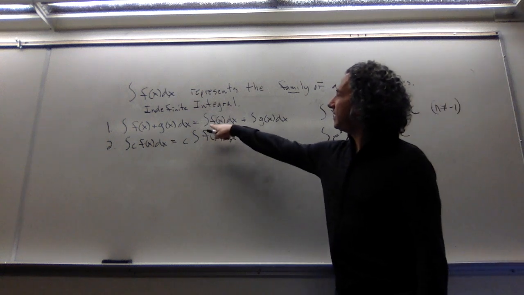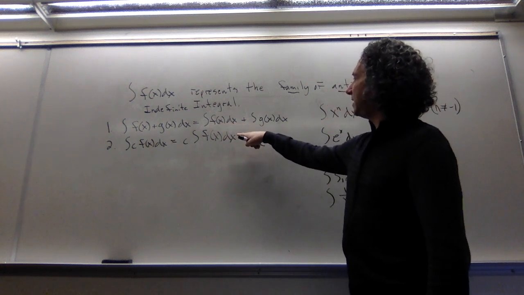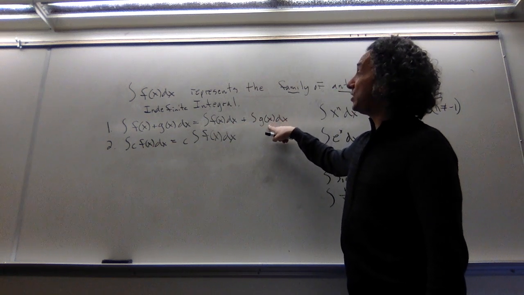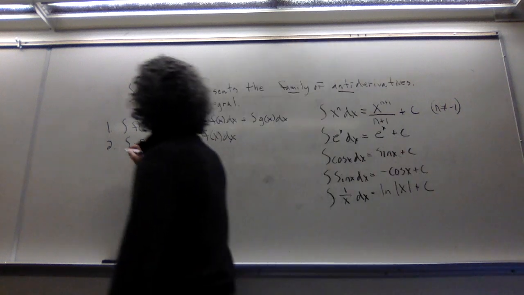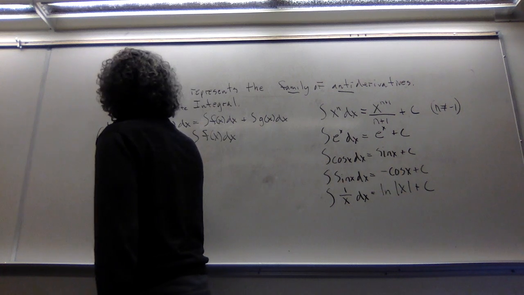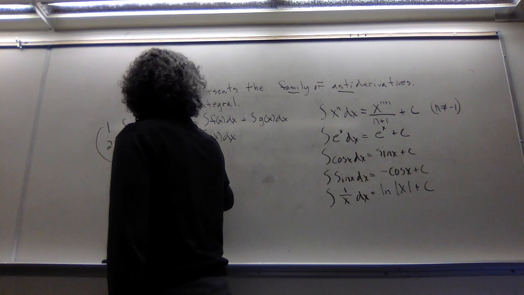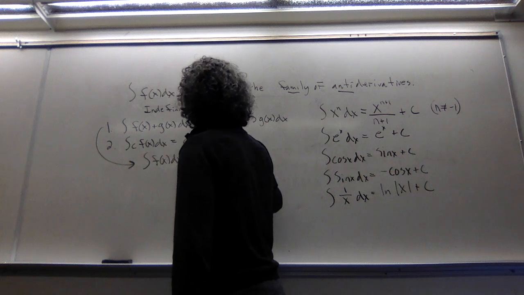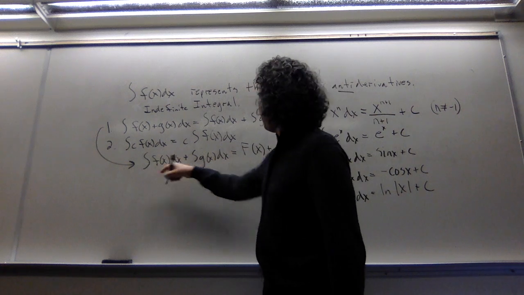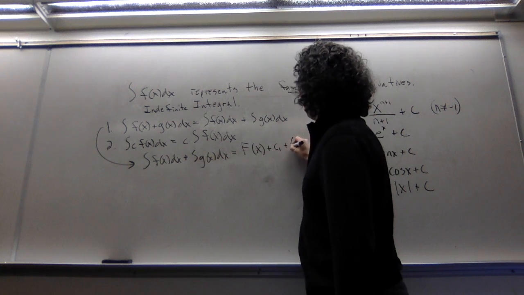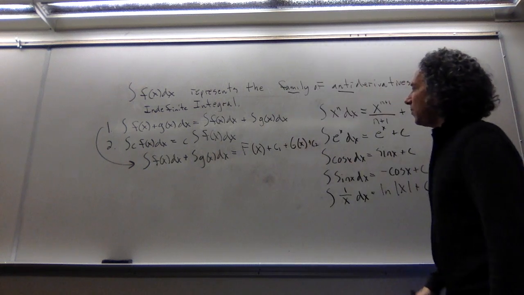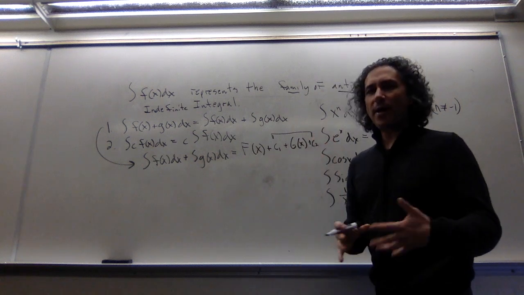And I mean, the proofs of these, the integral of this is just going to be some function big F of x plus some function big G of x plus c. Actually, let me write that down. So if I go to this side, the integral of f of x dx plus the integral of g of x dx. So I'm going to show you something. This is going to be big F of x plus, let me say c1, plus big G of x plus c2. So again, each of them is adding all possible constants.